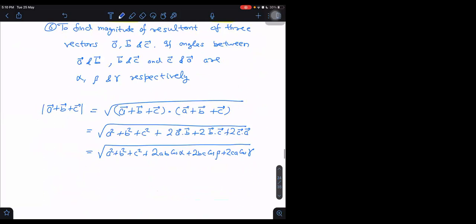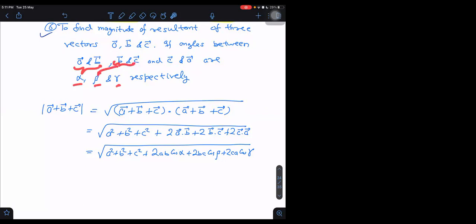Okay. To find the magnitude of the resultant of three vectors, if I want to get the resultant of three vectors A, B, C, then again this can help us. Because once we know that the dot product helps us in magnitude, whether it is the resultant of 3 or 2 or 4 vectors, we can always do it. Now let us say I have three vectors A, B, C. Angles between the vectors are given. A and B, B and C, C and A have angles alpha, beta, and gamma respectively. For A and B, what is the angle? Alpha. Between B and C, beta.